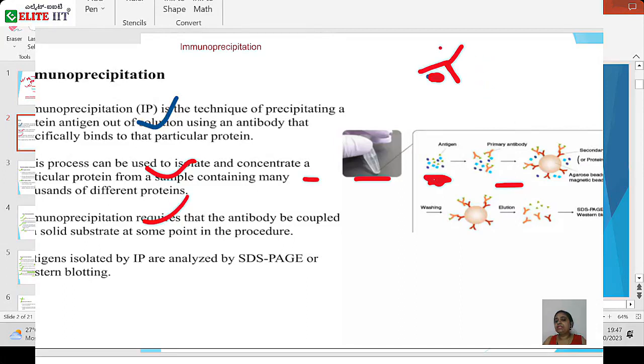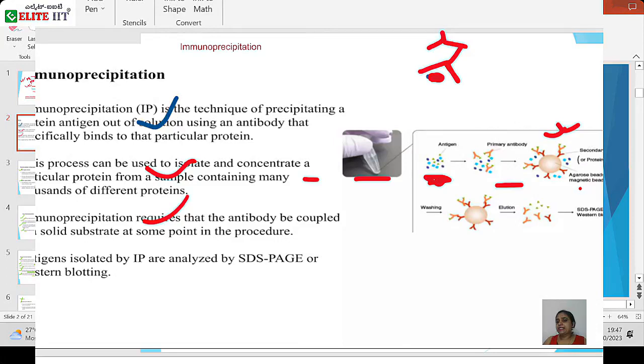The secondary antibody will bind with the primary antibody. So initially you add the primary antibody, which will bind with the actual antigen. In the next step you add the secondary antibody, or protein A or protein G. And the secondary antibody is actually attached with agarose beads